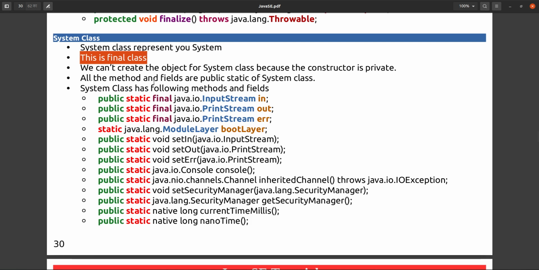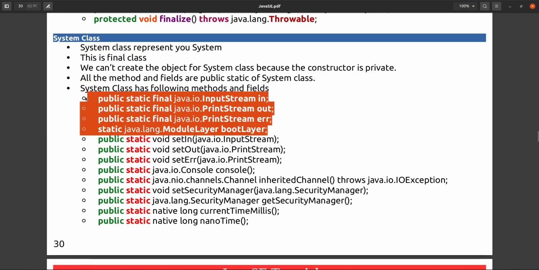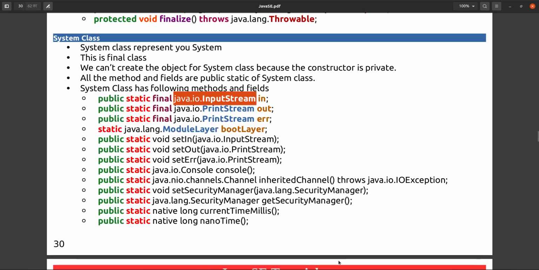There are 4 fields. This one is the input stream, in. If we want to take any input from the keyboard, the default input stream is pointed to the keyboard.